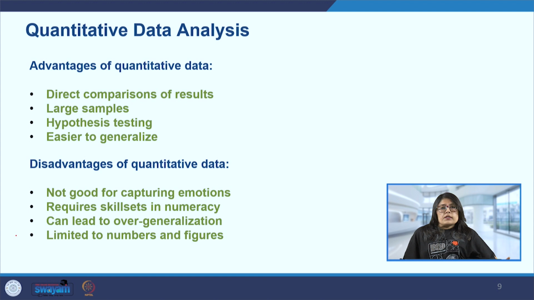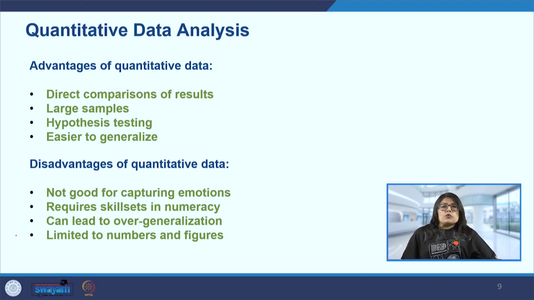Because of this, it becomes easy for the researcher to reach a large number of people and gather data rather quickly. So when a face-to-face conversation or interview may consume, say, 2 or 3 hours, in that same amount of time the researcher may be able to reach out to 100 people and get the responses of those 100 people. So it is faster, and larger samples are also achievable.